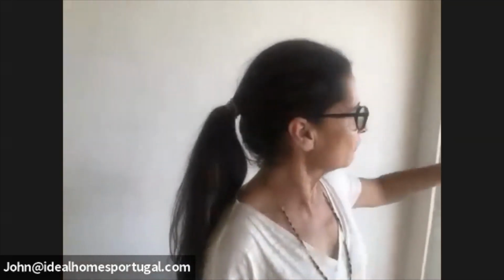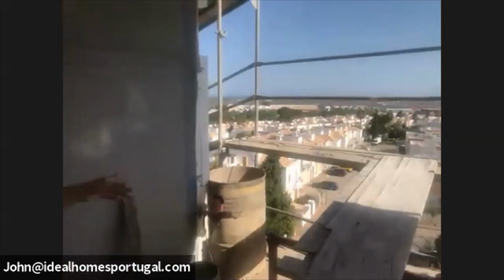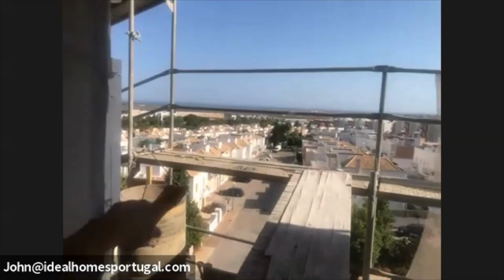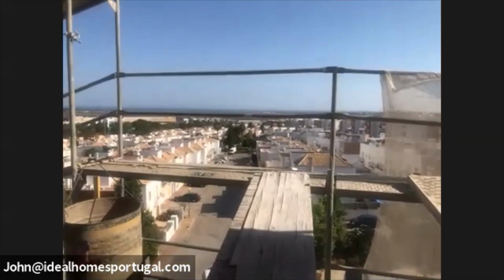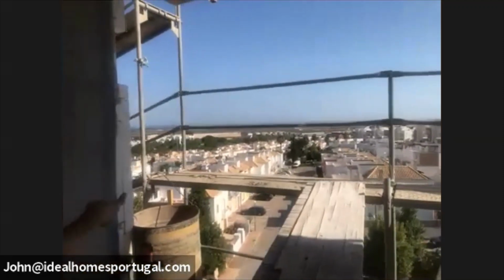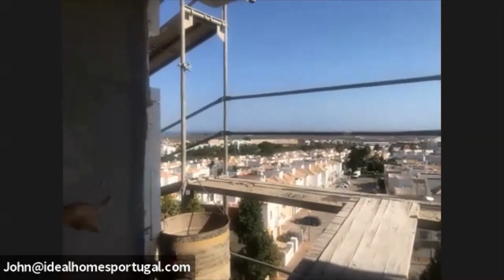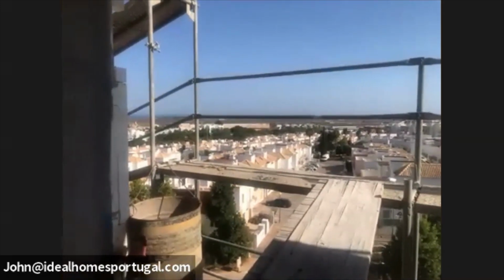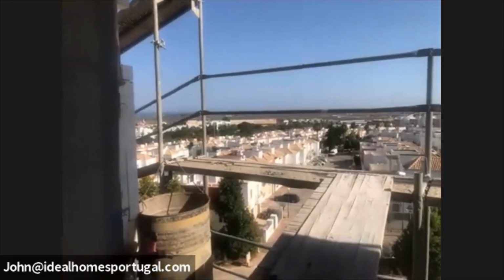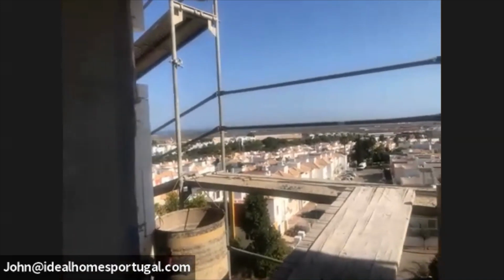But before you go to Cabanas, to show a little bit of the amenities you have here, if I were you, I would go to that bridge over there where you can pick the boat on the river, and follow ahead on the road to where we see the island of Tavira. From that place, you can see what the Ria Formosa has to offer. Being on that beach, actually, is what we did. Then you can go to Cabanas. What I did the other day was